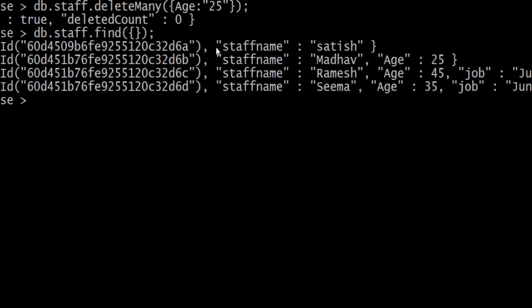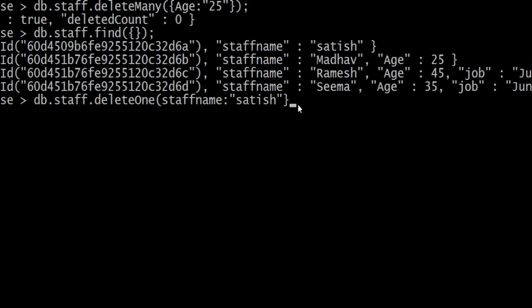Let's check the name, staff name Satish. Suppose I want to delete a particular name: db.staff.deleteOne. Okay, I want to delete only one record. The name property, staff name colon Satish. Let's see how it works.